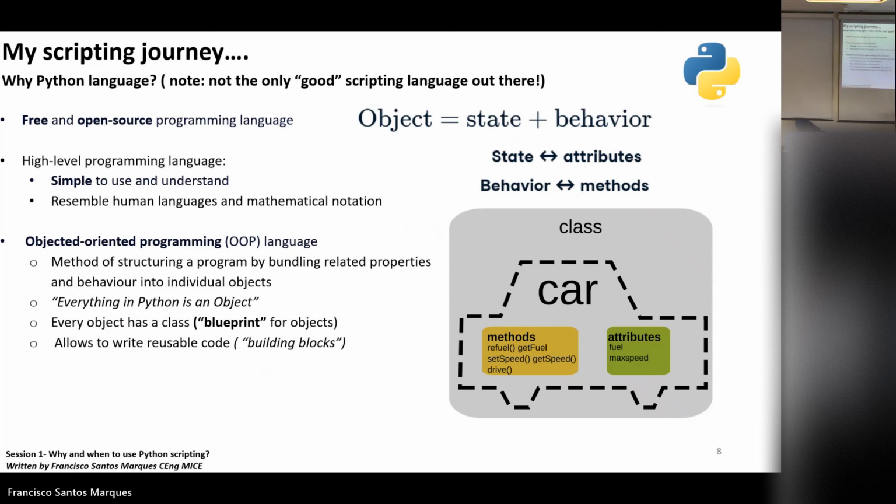I can derive behaviors. And the attributes are kind of the variables. So, for example, the fuel is going to be the variable that feeds this function to get fuel, something like that. So it works as some sort of blueprint for objects. And the good thing is, once you define these objects, you can always reuse them in other code. You create it once, and if you need it in the future, you can always reuse it later. So it's like some sort of building block, okay?